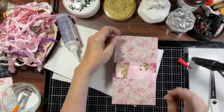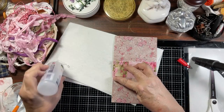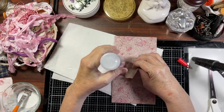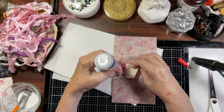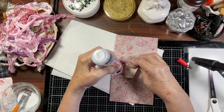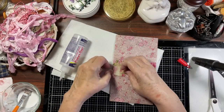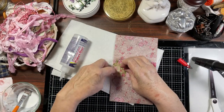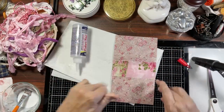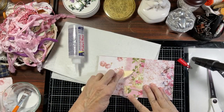So see, I just like to see that fabric. I think it looks good. And like I said, if you want, you can take this to the sewing machine. Take this to the machine and stitch all around it. I am going to look at this and just make sure